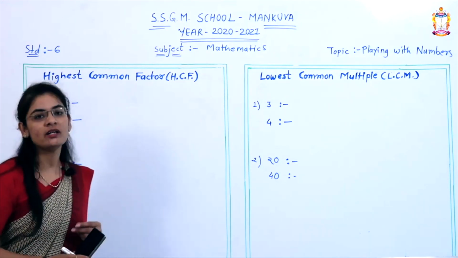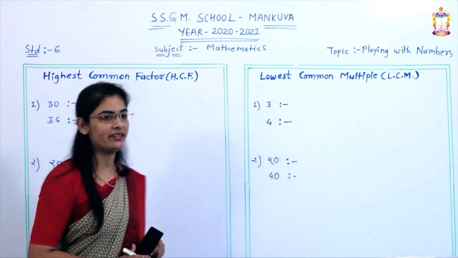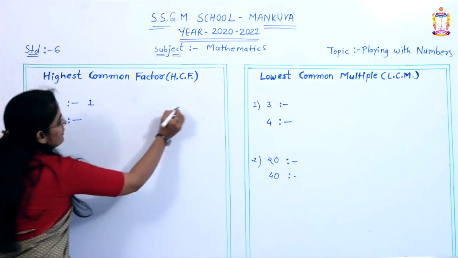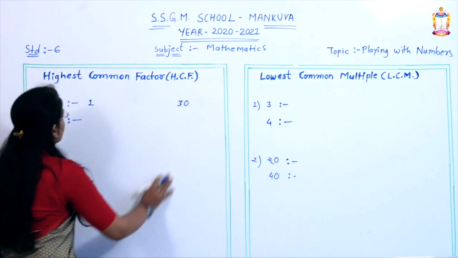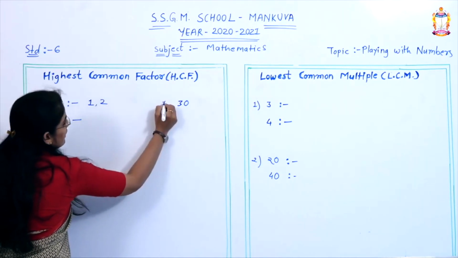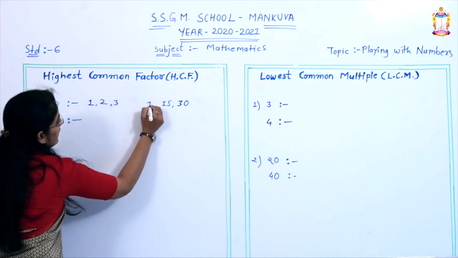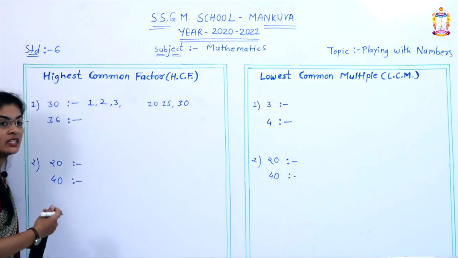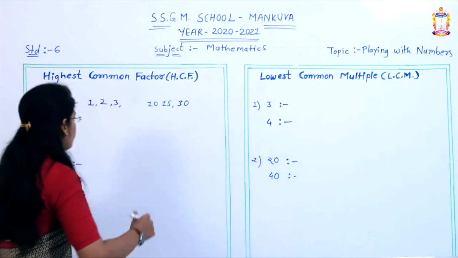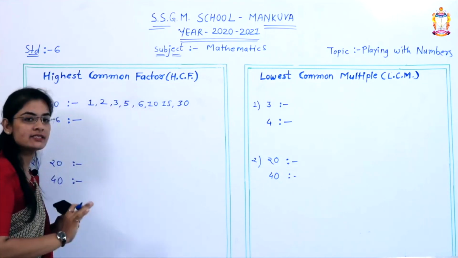हमको क्या करना है? हमको फाइंड करना है कि 30 नंबर कौन कौन से टेबल्स में आएंगे. So let us start with the lowest factor 1. It means 1 30s are 30. Point number 2, 15 2s are 30, right? Number 3, 10 3s are 30. 4 के टेबल में आएगा? नहीं आएगा. 5 के टेबल में? Yes, 5 6s are 30. It's enough now.